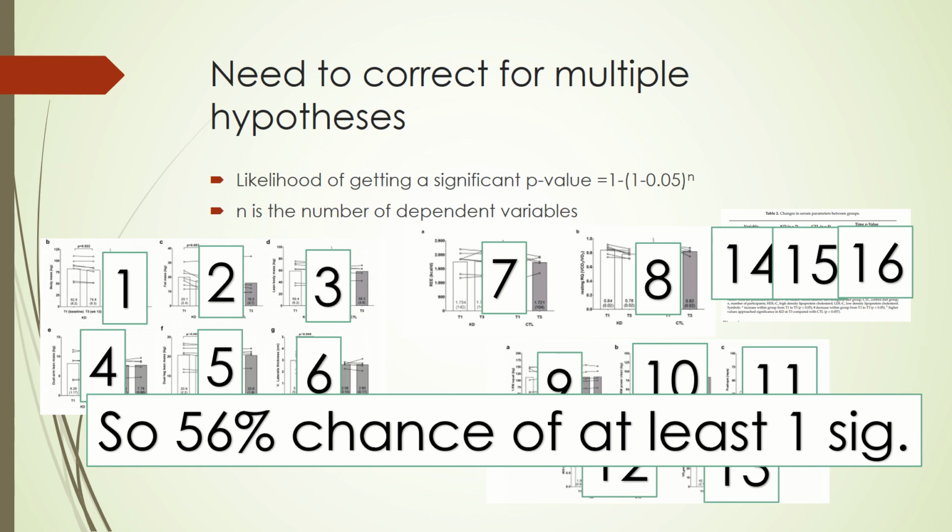This would be a lot more impactful if you did, because I got about 2 things that were statistically significant, and there was a 56% chance that at least one of them would be, just by flipping a coin, basically, right? Like that's just how math works. Everyone good with this, right? Okay. So a problem with most scientists is they do not correct for this.